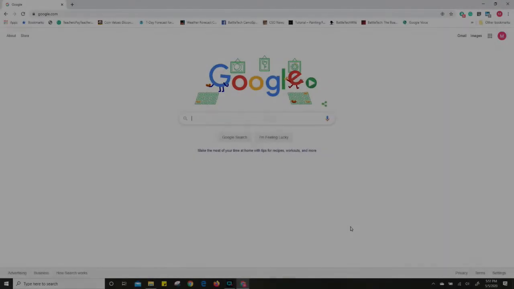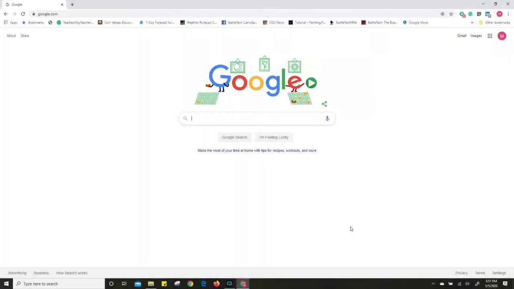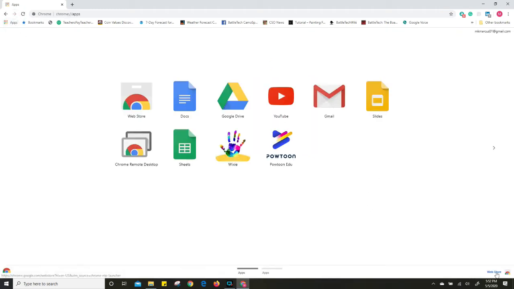Okay, what we're going to be looking at today is how to add Loom to a computer or to a Chromebook. It works the same either way through Chrome. So first thing you have to do is open up your Chrome browser, go up to Apps, click on Web Store down in the right hand corner,